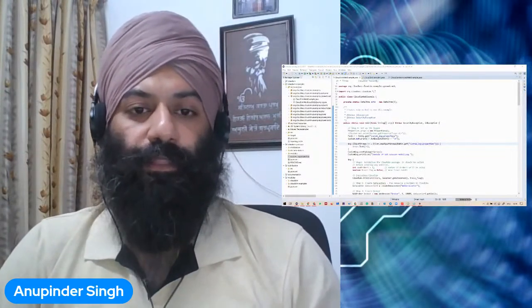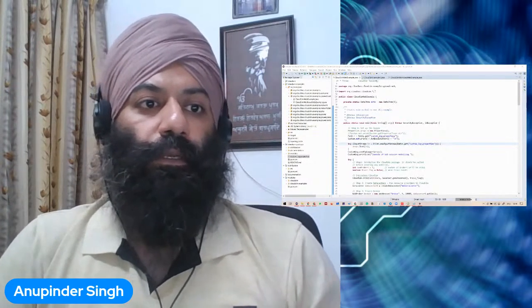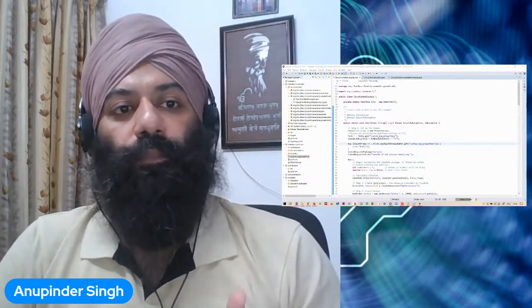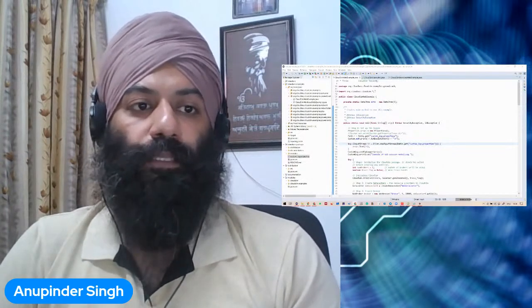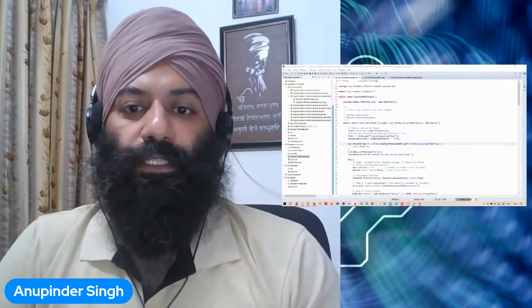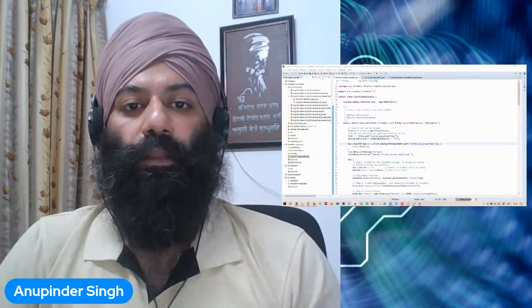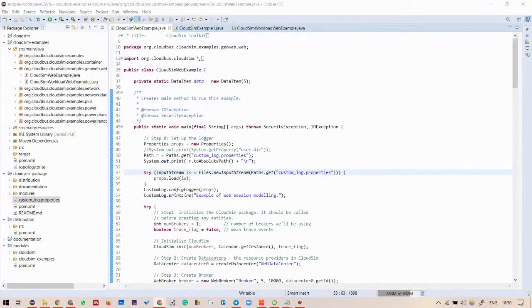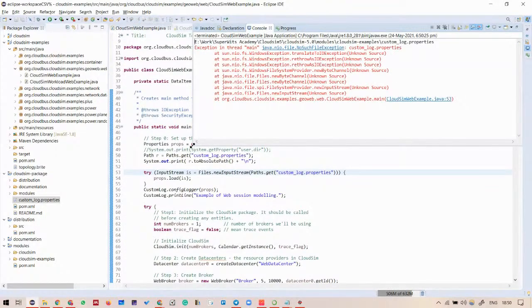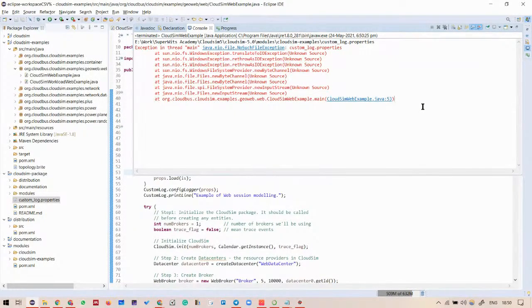In the previous live, when I was trying to run the example, which is in the org.cloudburst.cloudsim.examples.geo-web.web package, the name of the example is Cloudsim Web Example.java. When we tried to execute that particular example, we found some error in that. So let me show you the particular part. Once I execute this, you can see that we are getting an error, and this is what we were getting in our previous live